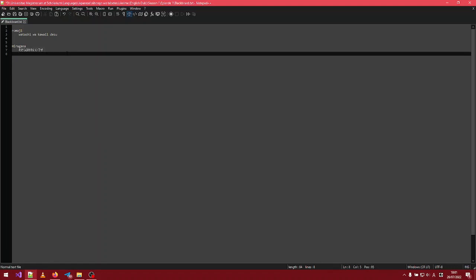Remember, you hold down the Alt key, then press tilde. You can open the keyboard and then close the keyboard when you wanna stop typing in Japanese. Okay, next writing system. The next writing system is